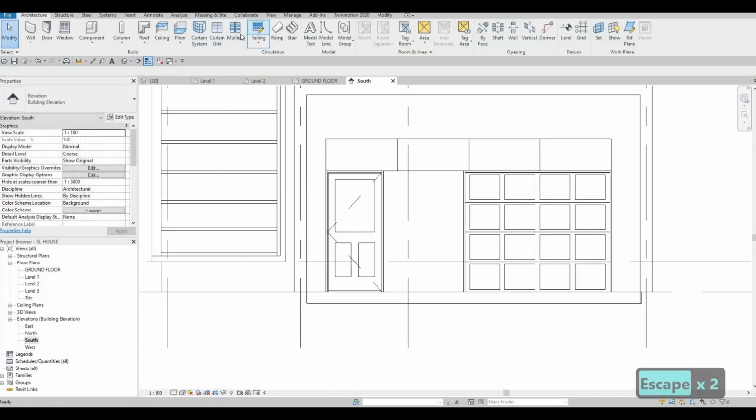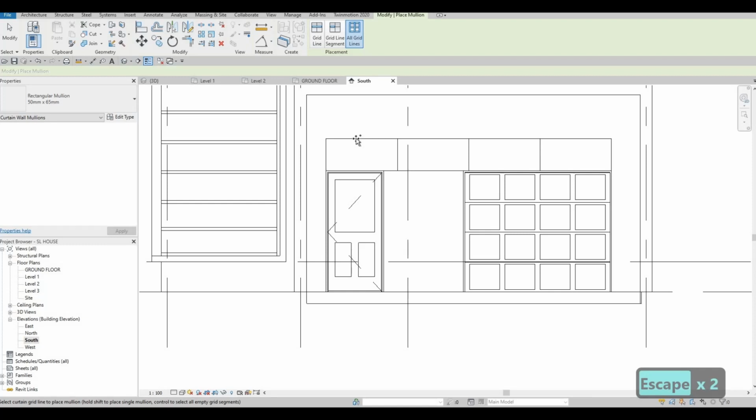And then just add the mullions, all grid,